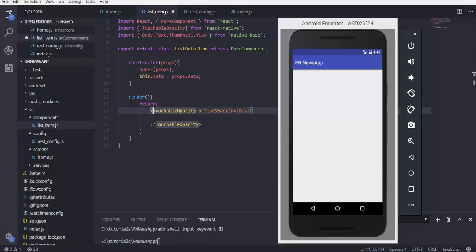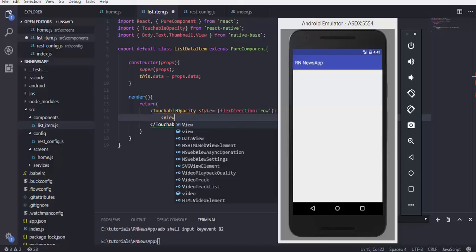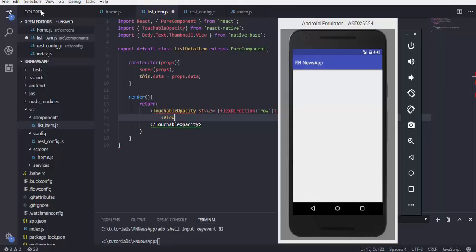So the next thing is the style, and it's going to have flex direction of row, and then we come in here. So we have in a row, we need to have the thumbnail, no, a view, sorry, we need to have a view. Okay, we will do the thumbnail first. The thumbnail, and then